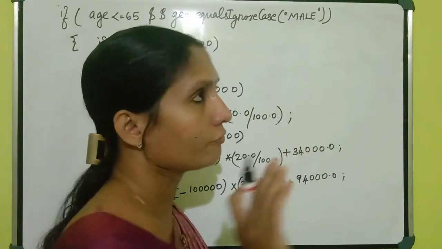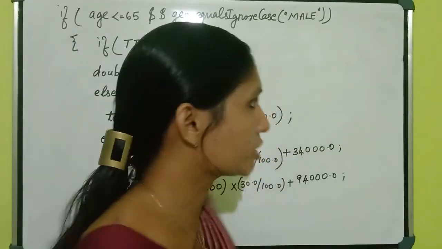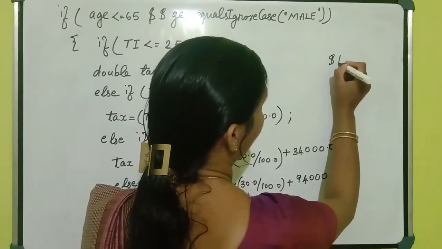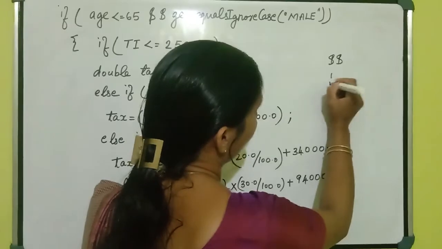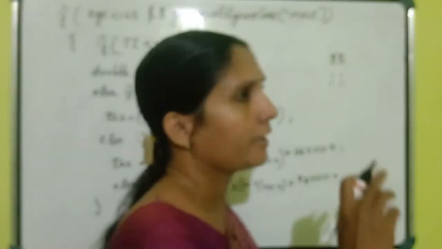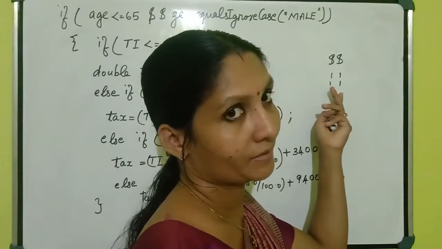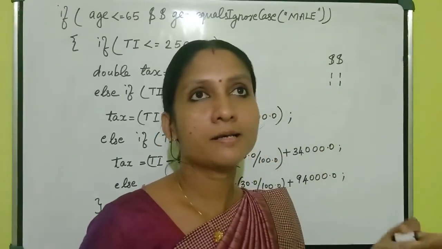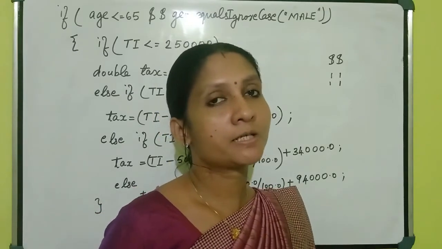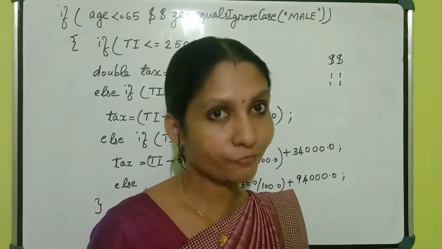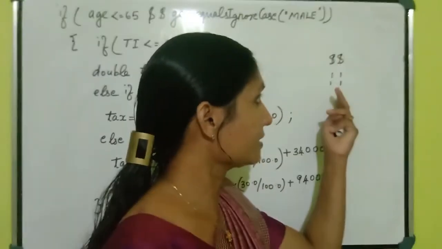Then for that, if you want to give more than one condition, or you have to satisfy both conditions, you can use this operator, the AND operator. This is called a logical AND and this is called a logical OR. This means if any one condition is satisfied, you can use this one. That means either age greater than 65 or gender equal to female. Then we can print the wrong category. There we are using this one.